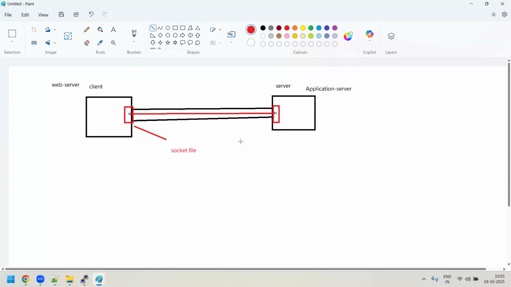Like, right, there has to be a socket. And with the help of a socket only, the communication happens from one machine to another machine via a network. Then Rajesh, what about the IP address I heard? What about the port number? Yeah, man, those IP addresses and port numbers are required to communicate.